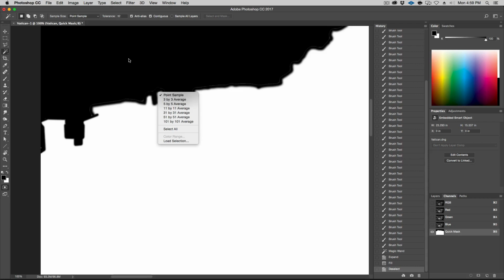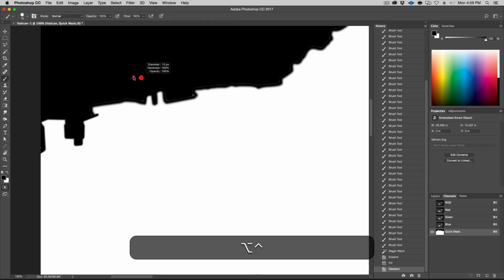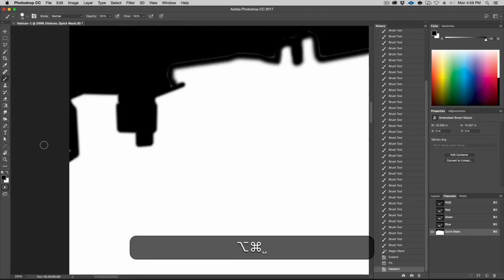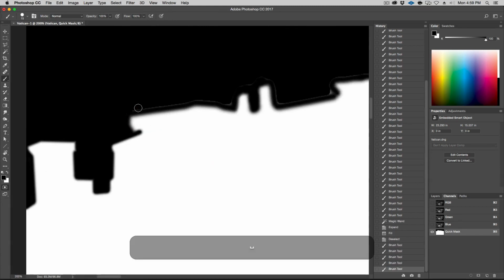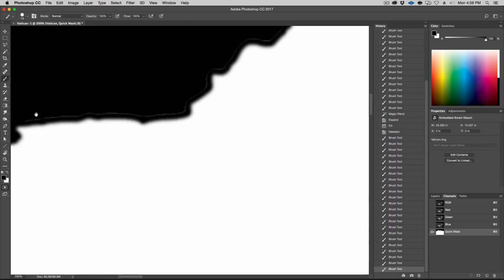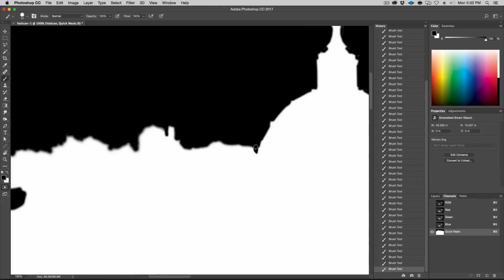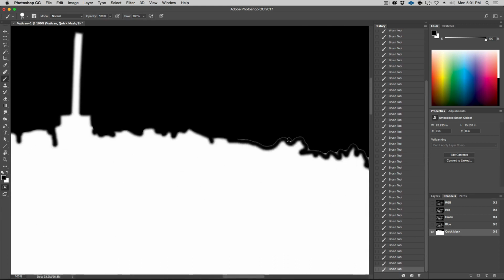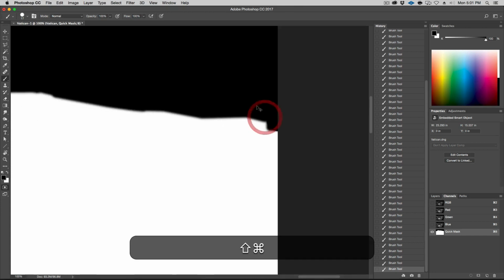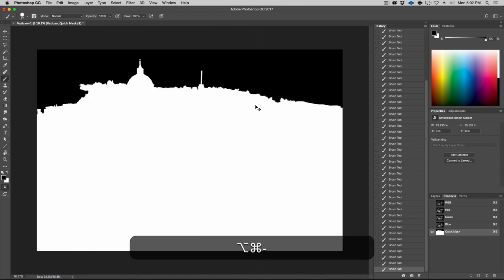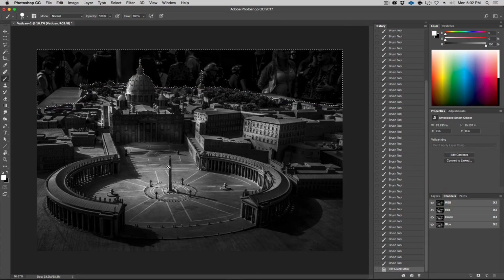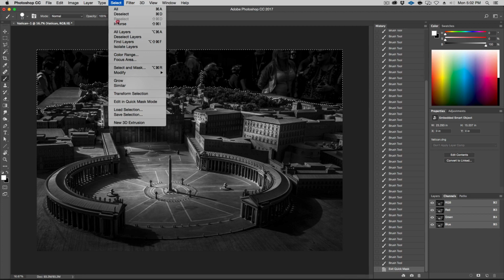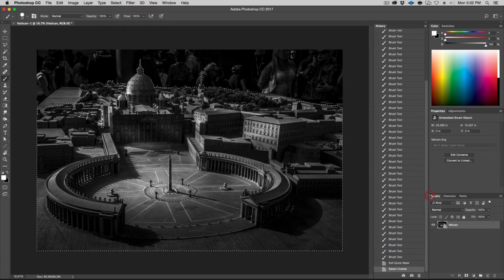Now we're going to go in and clean up anything that we may have missed. Sometimes when you do it like this, okay, so B for brush, make this smaller, and just kind of come in here. There's a few little things that the magic wand missed. Should be a little faster than the first run through, obviously. Okay, let's zoom out, and now we can go back, click this on. All right, hit Q to get out of quick mask, and then invert the selection, inverse, and just turn that on here.